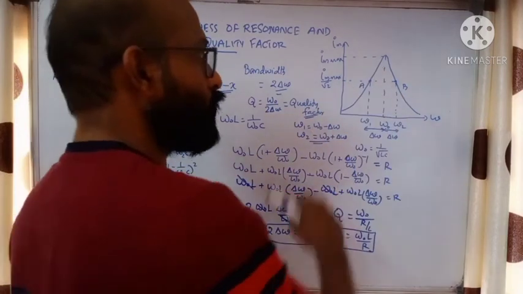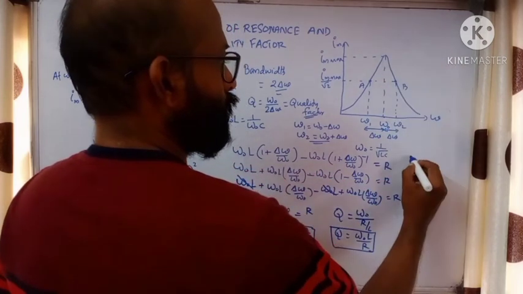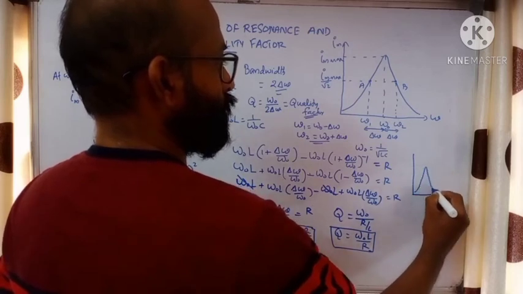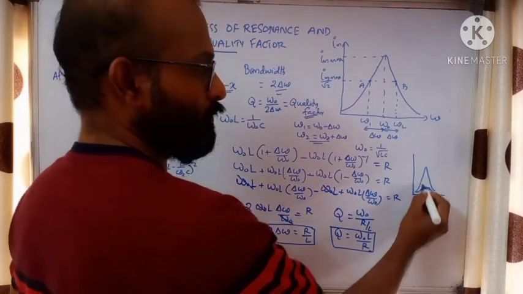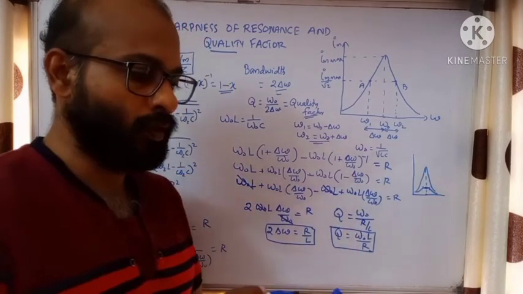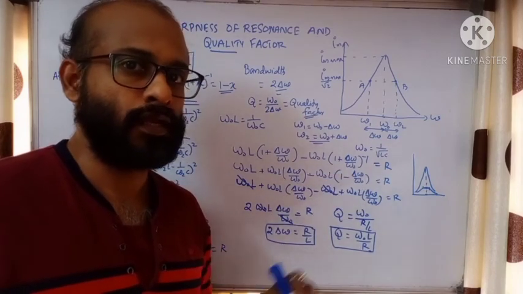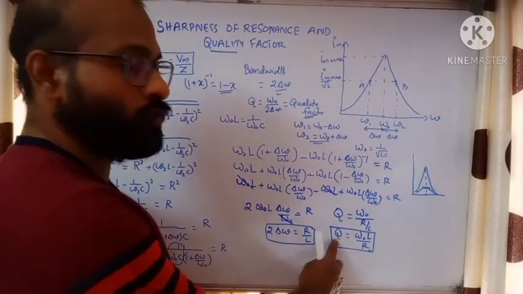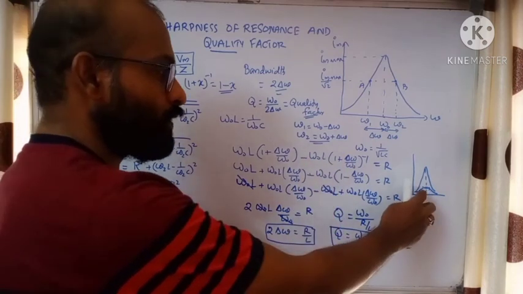If the graph is not sharp, we have graphs like this. I'll draw two more graphs here. One graph is exactly sharp like this. Another graph we can draw like this also. It is not sharp. There are many frequencies here. In the sharp one I can locate a particular frequency, but here it is almost flat. So there are many frequencies corresponding to maximum amplitude of current, so it has less selectivity. Less selectivity means the quality factor should be less for such a circuit. Quality factor less means there will be large bandwidth and the sharpness will be less.